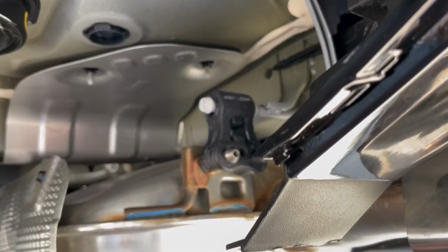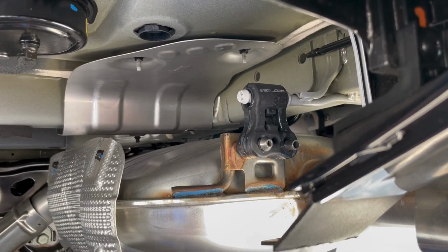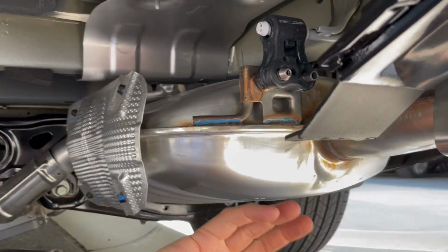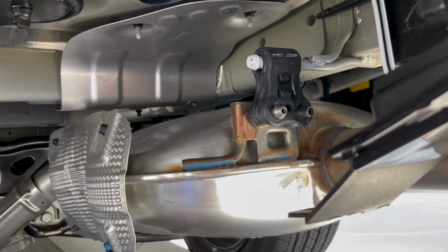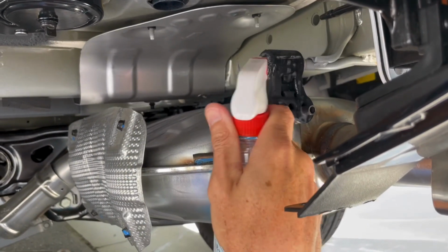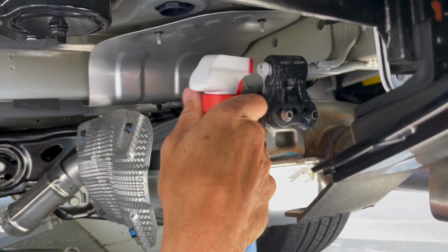Okay, so the next thing you gotta do is get the exhaust system loose so that you can have access to the frame rails. What's in your way of getting this off, or loose I should say, are these rubber hangers. The easy way to get them off is to use some Windex, squirt, and lube them up a little bit. Basically we're trying to get this rod a little